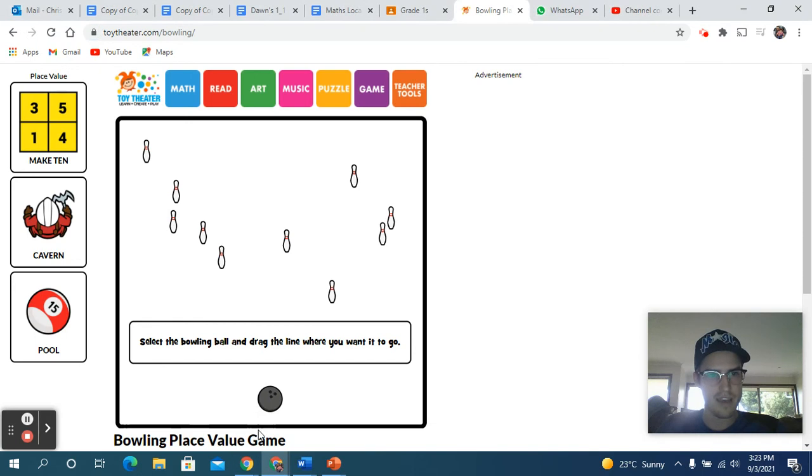All right, guys, welcome again to your maths practice for this week. And today we're going to be playing a game called, I think it's called Bowling Place Value. What we're going to be practicing here is counting things, but using something called a tens frame to help us count. So in the game, what you're going to have to do when you click on the link,